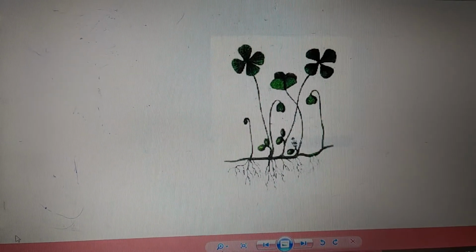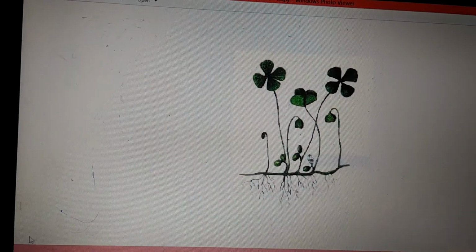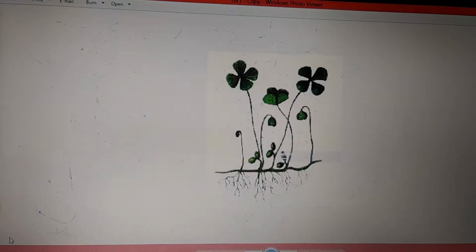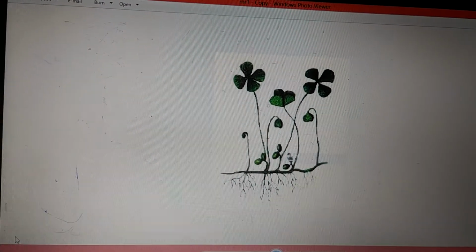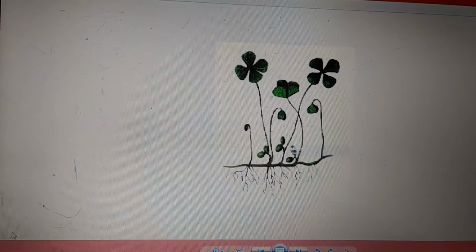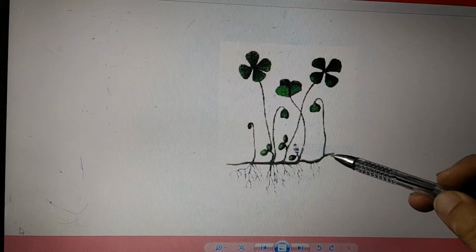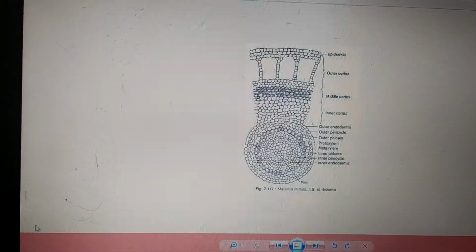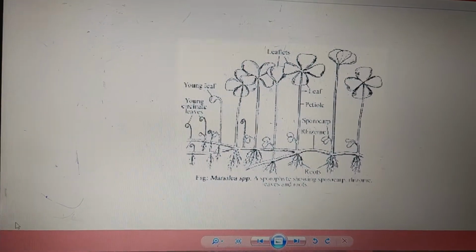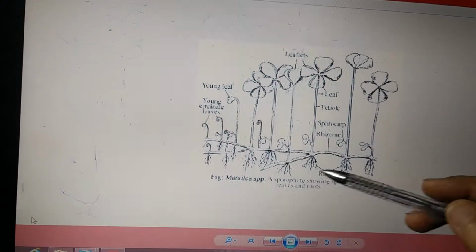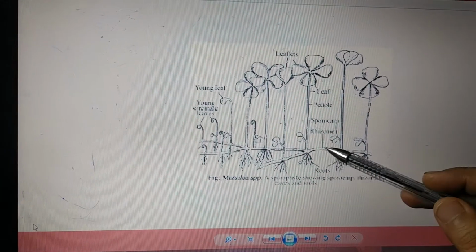Now, speaking about the rhizome, all the species possess a rhizome which creeps on the surface, very closely attached to the surface of the soil. It may be either creeping or just beneath the soil surface. It is slender and dichotomously branched, which is not shown here. In this picture you can make out that the rhizome is slender, dichotomously branched, and has regions like nodes and internodes.